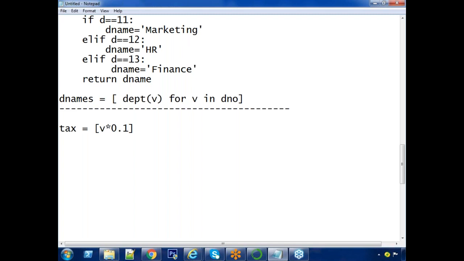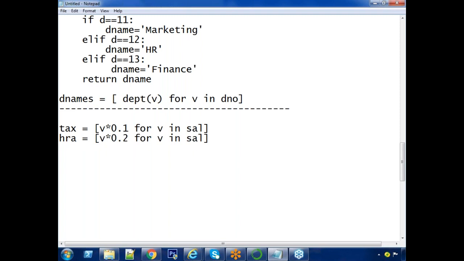That is the expression for V in sal. Tax ready or not with 10%? Suppose 20% HRA I want to apply. Tell me. V into 0.2 for V in sal.